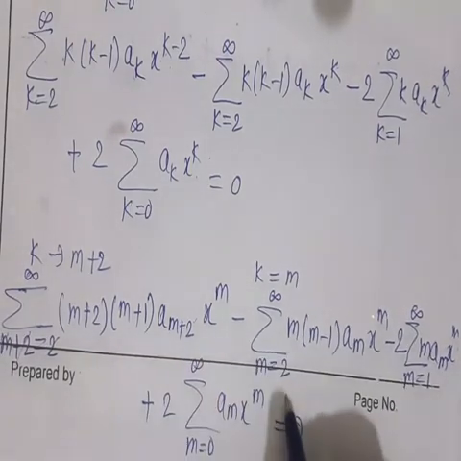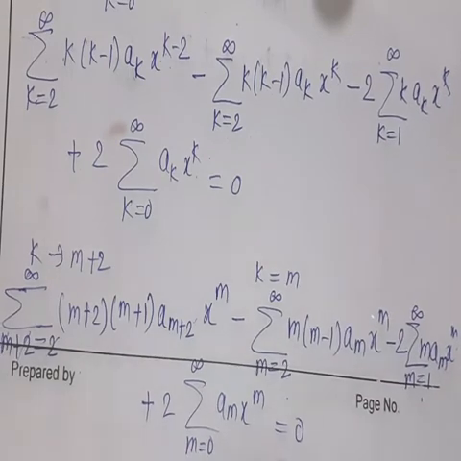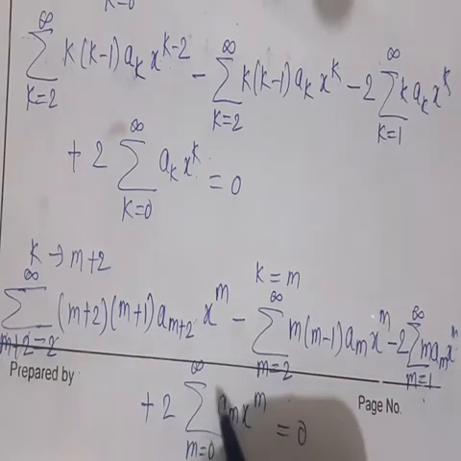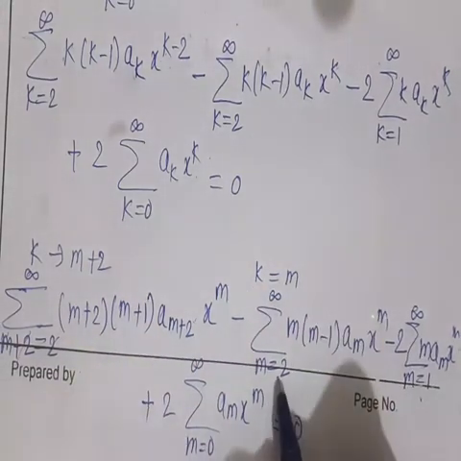So m is equal to 0 to infinity, m plus 2, m plus 1. Next, m is equal to 2 to infinity here. Next term is m is equal to 1 to infinity, and the last term is m is equal to 0 to infinity. So we need to change all these summations. We start from m is equal to 2 to infinity. So the first term becomes